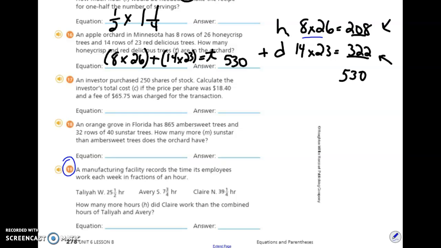So I'm going to tell you that Talia, 25.5, you remember that 1/2 is 0.5, right? So you could use that number, okay? Avery is going to be 7 3/4 hours. 3/4, think about 3/4. If you have 3/4 in your pocket, you got 75 cents. Okay? And then Claire is 39 1/4. So Claire is 39.25. 1/4, 25 cents. Now let's take a look at this. How many more hours did Claire